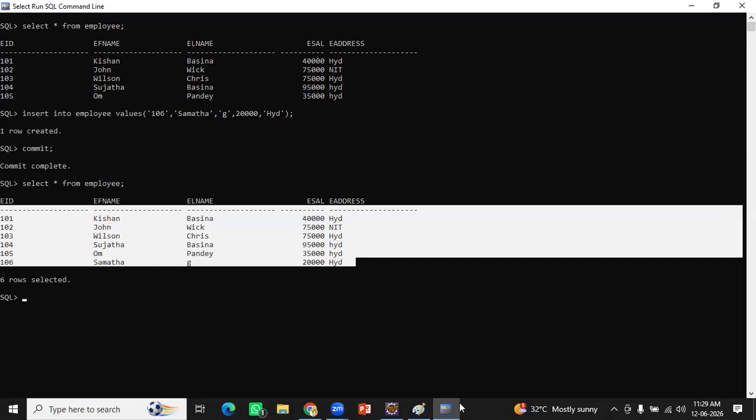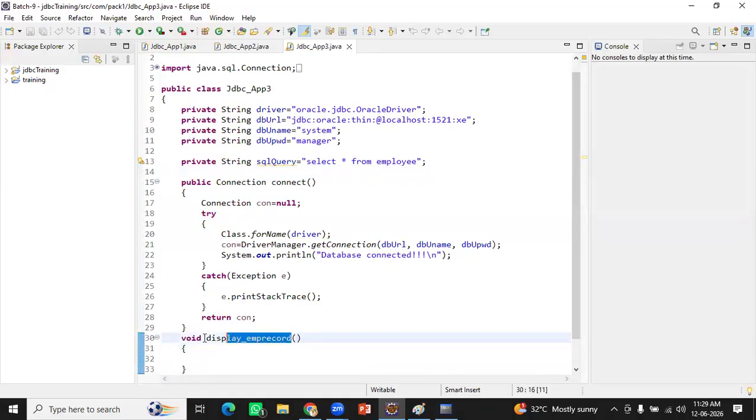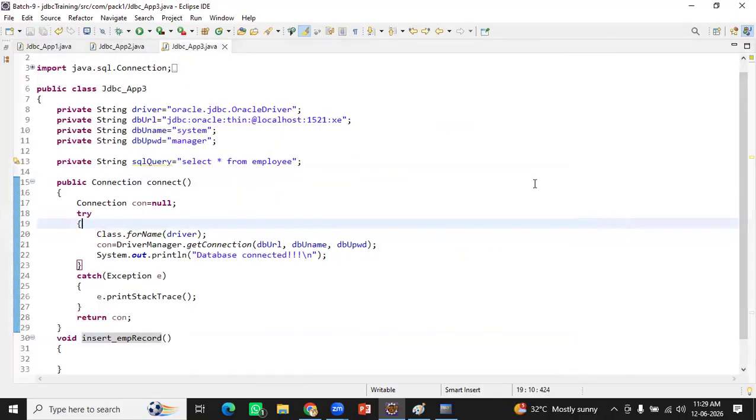I want to do the same thing by using Java. Exactly the same thing by using Java. Okay. Let me just try to get back here. All right. I'm not going to write this. Let me just try to insert underscore emp record. All right. In your Eclipse,